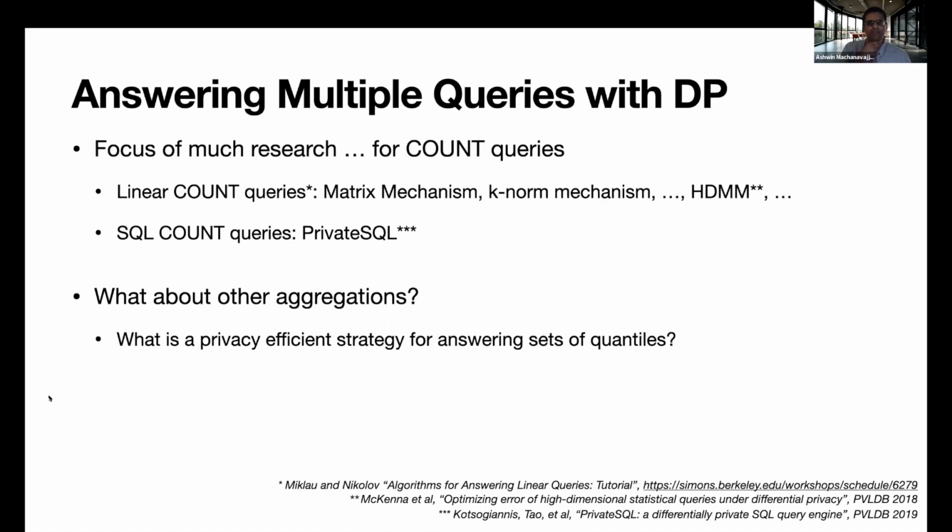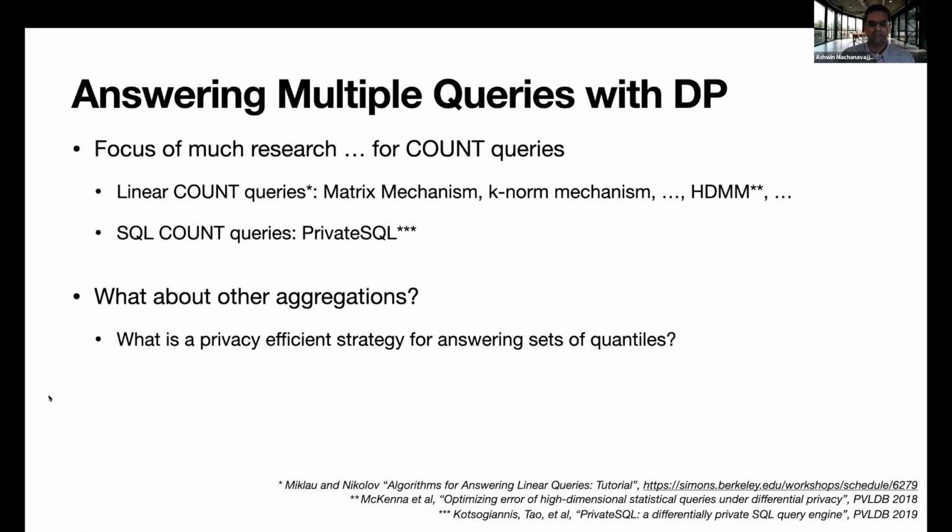So answering multiple queries with differential privacy, this is really what differential privacy is built for, right? No other technique can handle multiple queries with the grace that differential privacy can. And a lot of research has gone into how to answer many queries with differential privacy. But the focus of most of this research has been on counting queries, particularly linear counting queries.